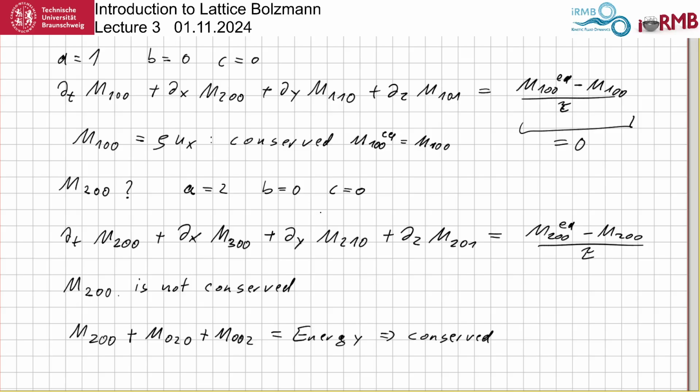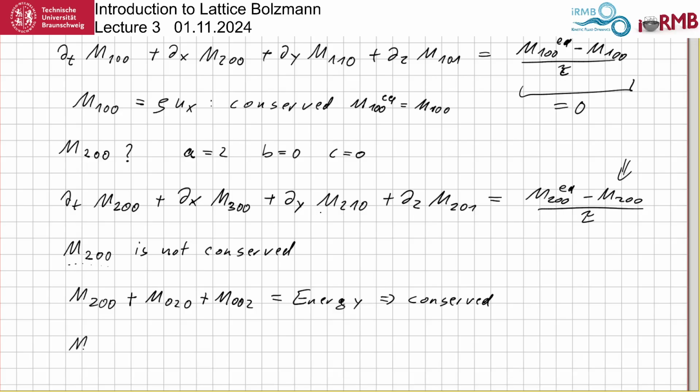So up there in our previous equation, what we had is this M200. Now, what can we do? We can use this. I mean, here we have the time derivative of M200, which we don't know, but quite interestingly, because this is not conserved, this does not vanish. Yeah, we also have M200 by itself because it is not conserved, right? So because it is not conserved, we can write that this is